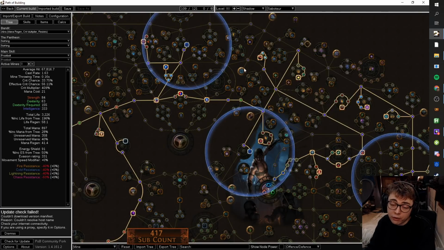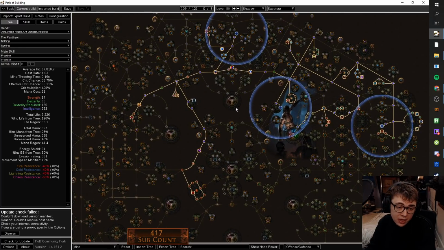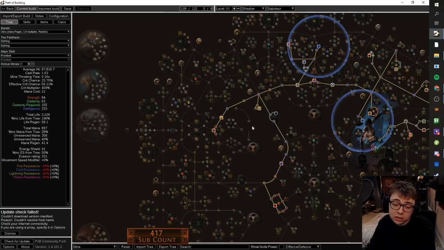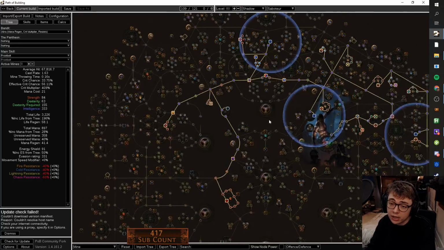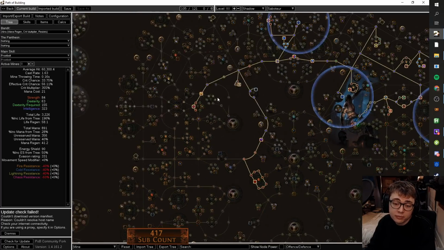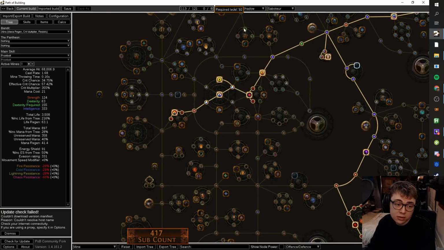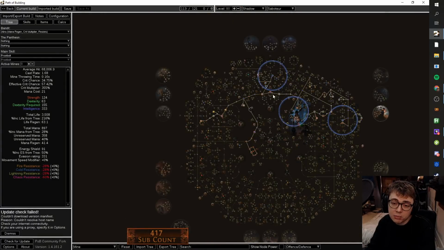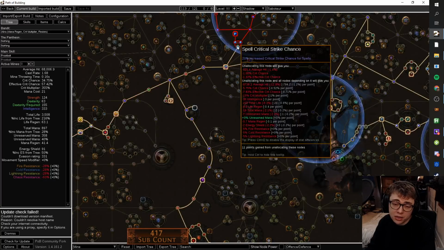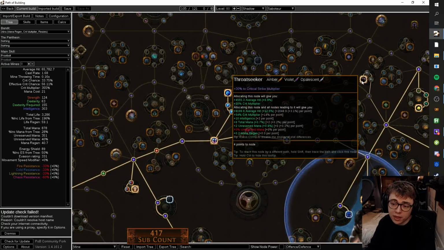Throat Seeker is very efficient damage. You don't need it early. It's something I'd probably get last. But something like that sort of looks decent. If you were really like, I just want as much defense as possible, you could cut all of that, and then you could just come across into Devotion and that. Sometimes people also cut this cluster along the top. I've seen a couple of Winds trees which look sort of like that,